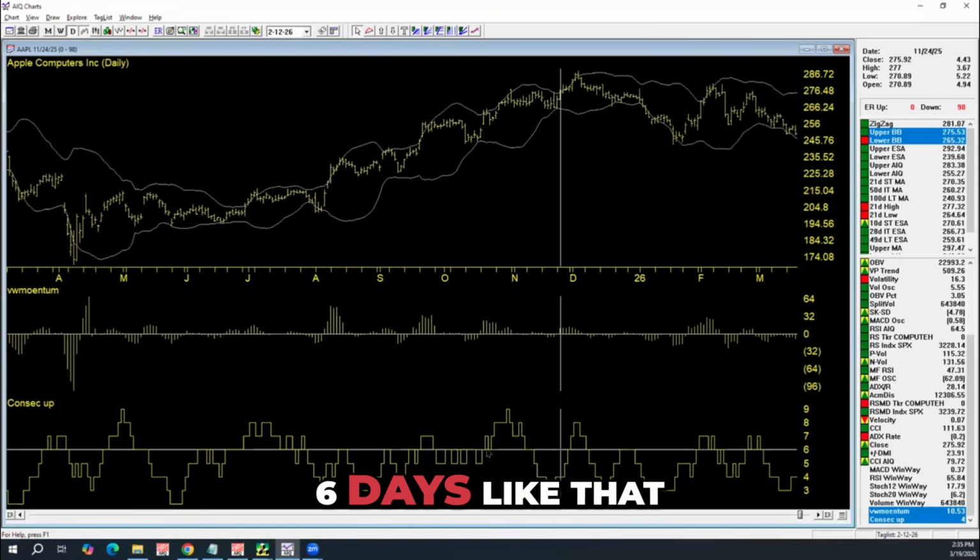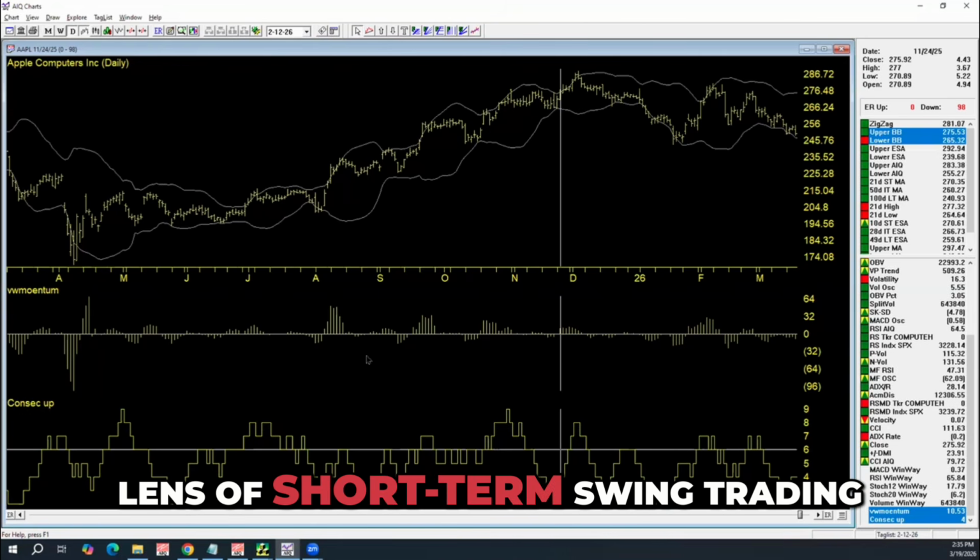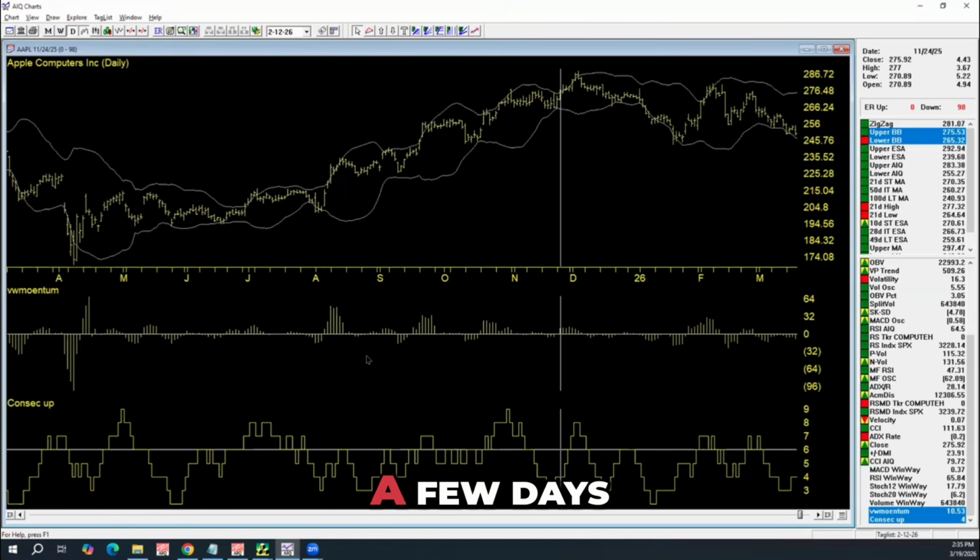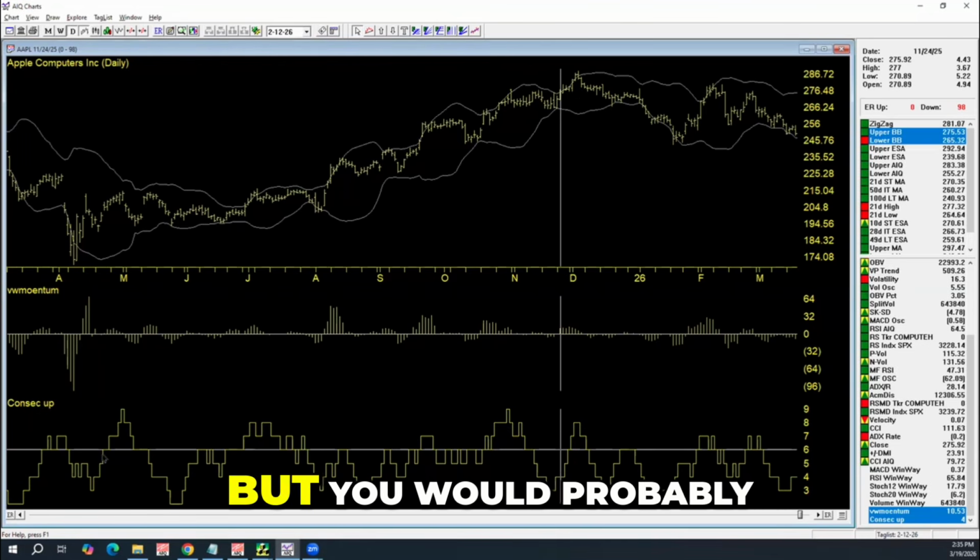Once you get to 6 days like that, you're in a trend, but you're not in a trend before that. So this whole period here is a trend. And remember, we're thinking with the lens of short-term swing trading, so fairly quick moves, a few days, and then you'll be gone. So you wouldn't be entering a position here, but you would probably get in when